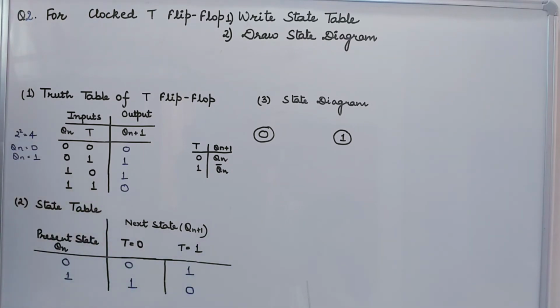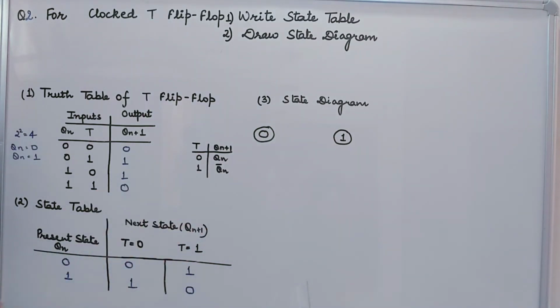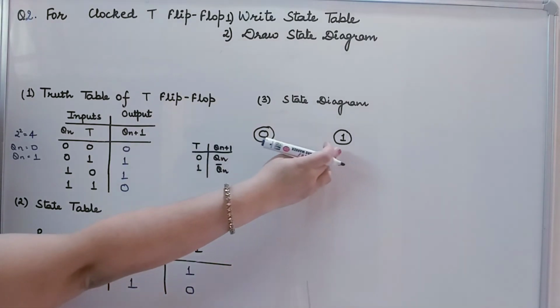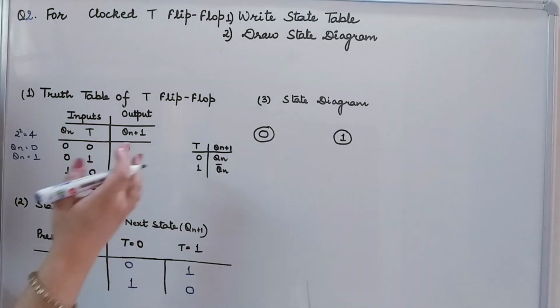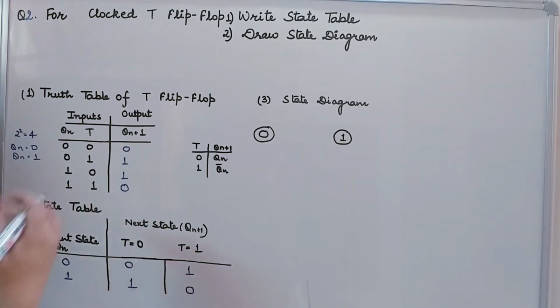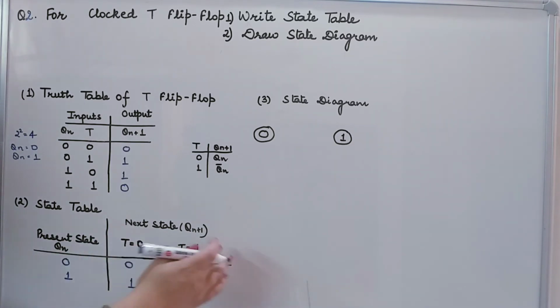Now the third step is to write down the state diagram. That is, graphically I have to draw from the state table. Now I know in the circle I will be writing down what is my present state. I have only two present states, 0 and 1. So I have written 0 and 1 in the circle. Now I will be showing the state transitions. Either 0 will be changing to the same state, or it is going to the state 1, 1 is going to the same state, or it is going to the 0 state, for input combination T equal to 0 and T equal to 1. I don't have any output here, so I didn't mention the output here.